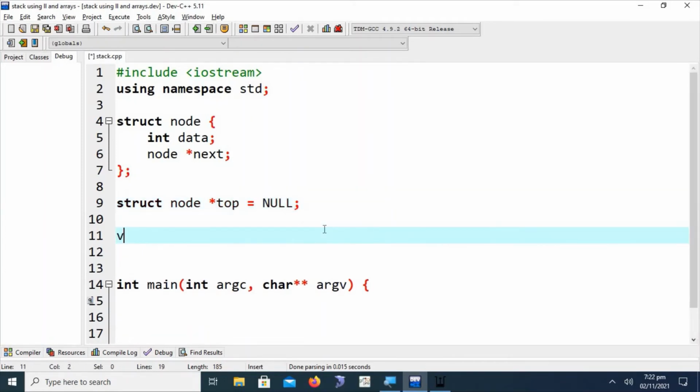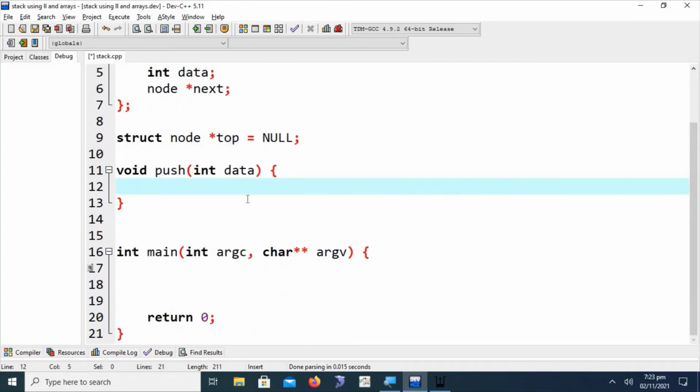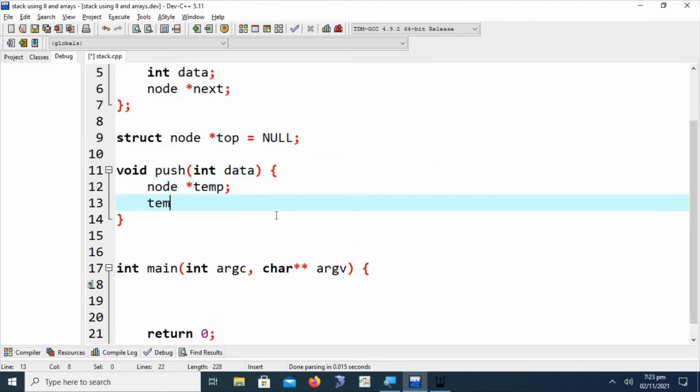Now we are going to write down the push operation using the linked list. We write similarly an int value or data, which is a parameter that would be provided to the push operation. Here we are going to create a node called temp node, or temporary node, that will hold the data of the newly created node. Temp is equal to new node.